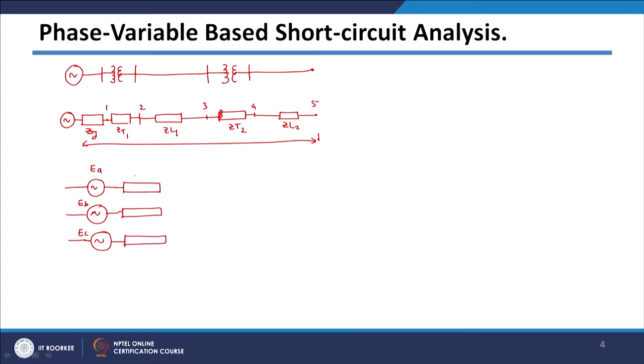mutually coupled. So, this is, say, ZAA, ZBB, ZCC, and there will be mutual coupling, that is ZAB here. This mutual coupling is ZBC, and there will be mutual coupling between these two, it is ZCA. Now, there will be some fault impedance which I can show here. So, this is ZF, ZF, ZF, which I consider as fault impedance, and then this is grounded,